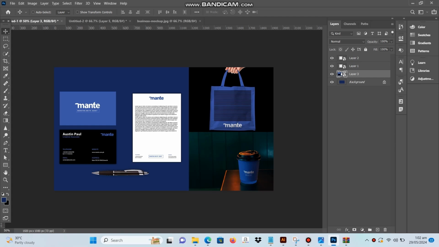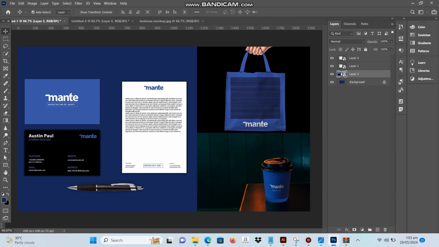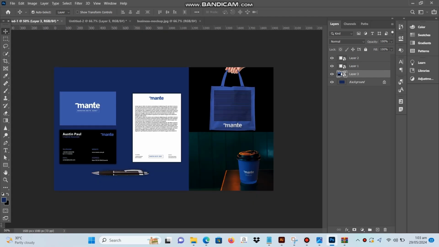You can add anything. You can even add a sticker. You can add a pen, dictionary, stationery, everything you want. It's up to you. You can add an ID card. So I hope you like it. It's really looking good, and I will definitely make more